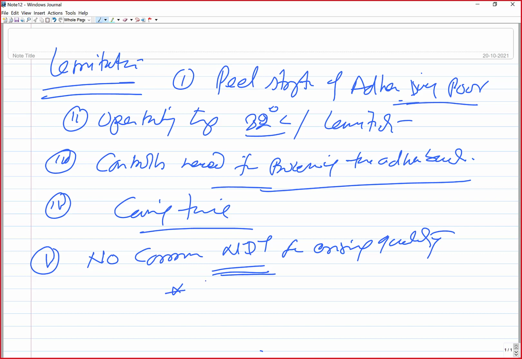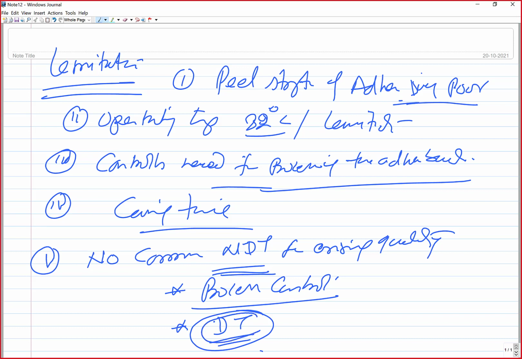So what are the ways? One is you just control the process, and the process is controlled in such a way that you consistently get the same quality. So that has to be optimized, and obviously you develop a lot of joints and then see which set of parameters gives you the desired performance of the adhesive joint. So the simple way is to develop lots of joints and perform the destructive test, so basically the joining procedure specification is established through destructive testing, and once that is done, the process is controlled very closely in order to ensure